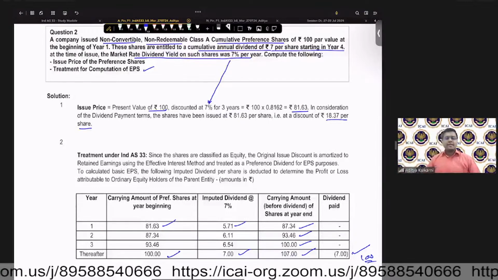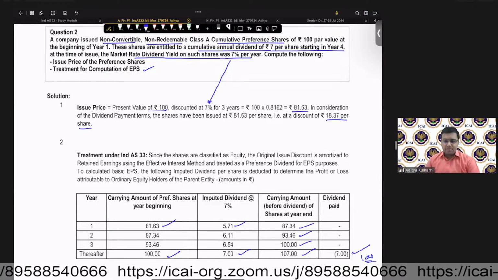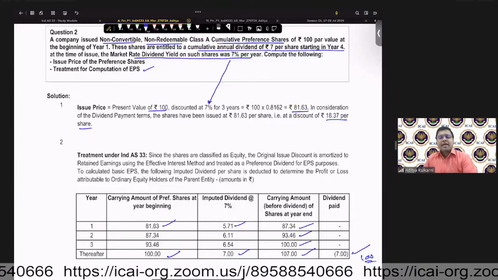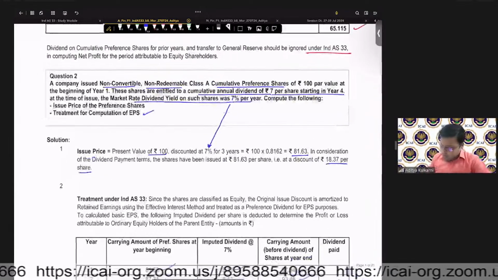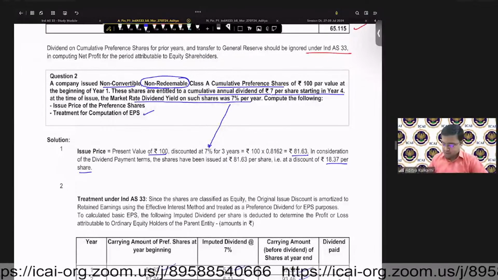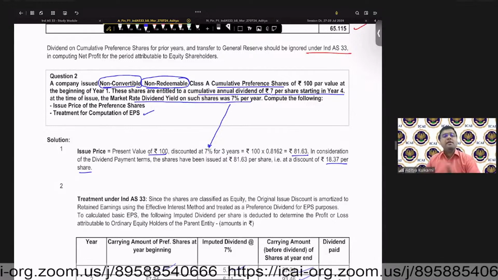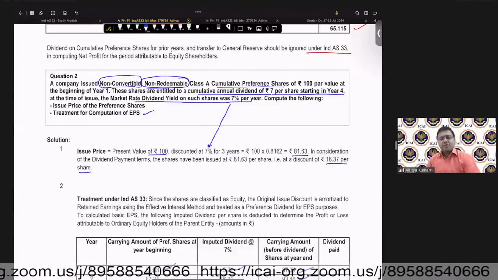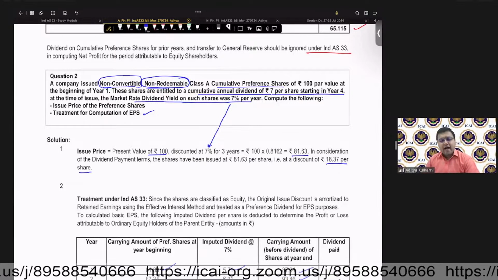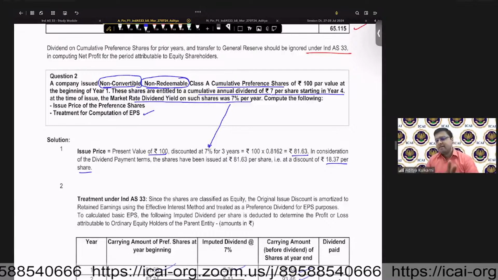The problem with this is, have we ever seen a discounting in the case of equity shares? Have we ever seen a discounting in the case of preference shares, which are normally non-redeemable? That means it is not convertible into cash. Non-convertible does not have any meaning when we look at the definition from a financial instruments perspective. We don't merely look at the name, we look at the substance of the transaction. The fact is it is non-redeemable. Non-redeemable means you are not going to get money at the end of the period.